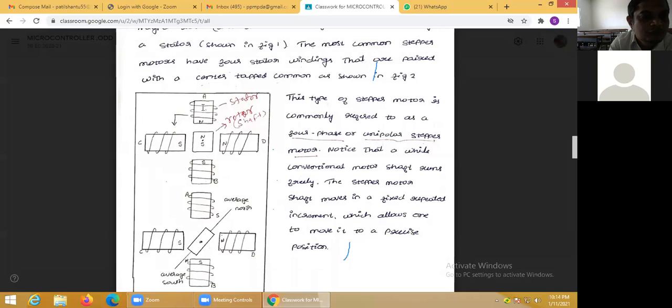We have 4 stators. Here you can see the 4 stators. They are named A, B, C, and D with the polarities N and S. Here you can see the N, these are the S. And in between these stators,